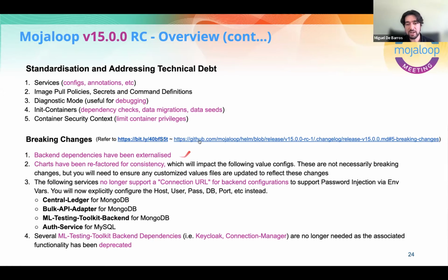If you go to the actual release notes, there are some notes there and things that can help you on how you can achieve that, as well as understanding what the best practice is from a deployment topology. Once again, just going back to the standardization. We've refactored them for consistency. This means some of the configurations have moved to accommodate this. So you might have to relook at your values configurations and see how they've changed in V15 and just realign them. So be aware of that.